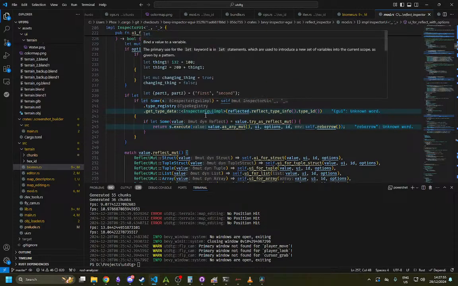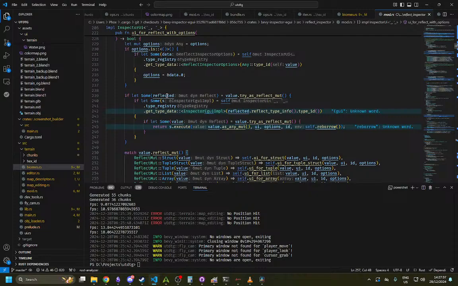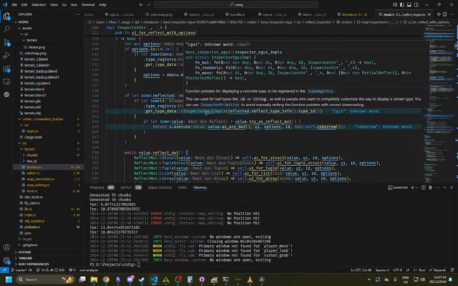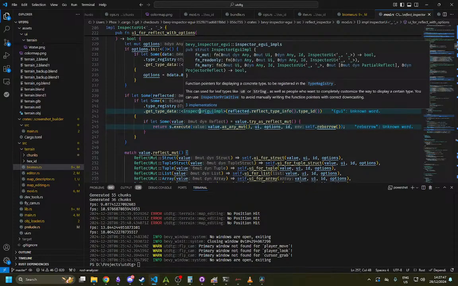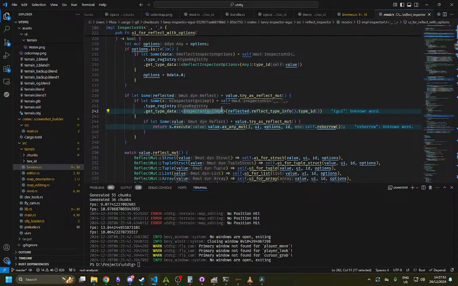Okay, if let some reflected to type registry get type data. Okay, maybe I'm missing something about how you're supposed to register them to be reflectable, because inspect the EGUI import. Is this something I need to reflect? Like,